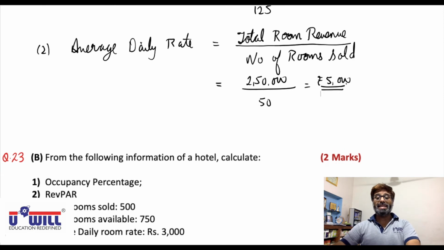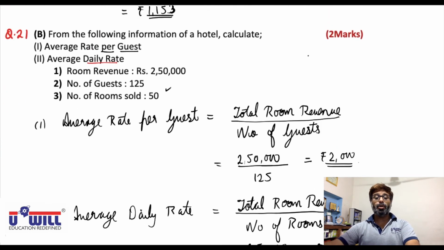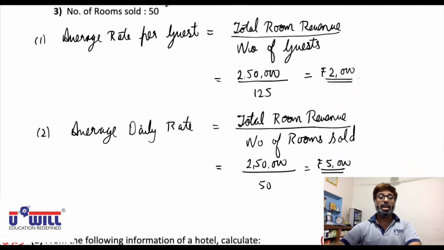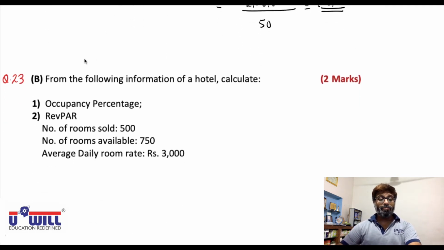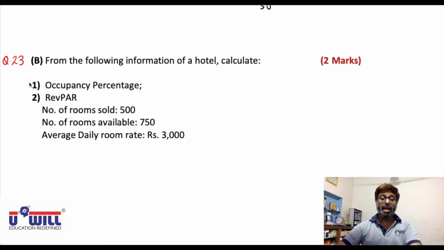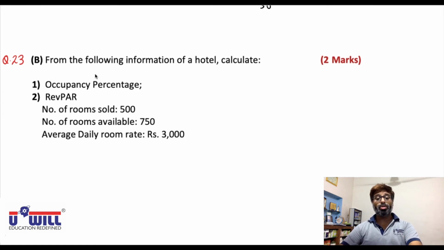So all these are asked in exams this week. This is asked in exams for 2 marks, and in MCQ these ratios kind of questions in mid-semester exams are very important. Now look at question 23b. I would like all of you to try on your own. So pause the video, apply the formula and try the things on your own. Okay, and then you can play the video and verify whether you got it correct or not. If you have learned the formula, understood the first 2 questions, you must be able to solve on your own.